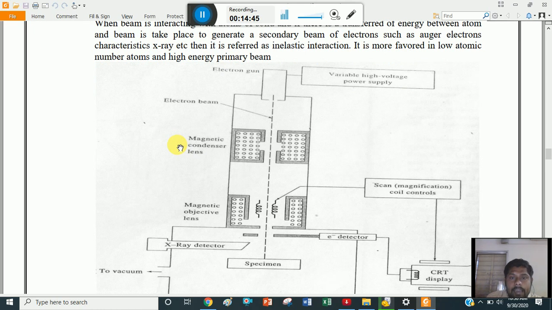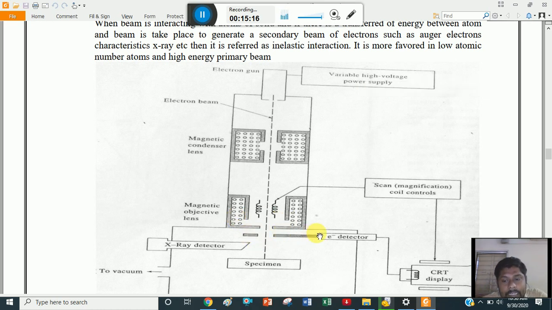That is the diagram of SEM. That is the gun of electrons by which the beam of electrons, look at it, is incident on a specimen. That is a variable high voltage power supply. Those are the magnetic condenser lenses which I discussed with you in the text portion. Those are the magnification coils, okay, those control the beam of electrons. Magnetic objective lenses are there.